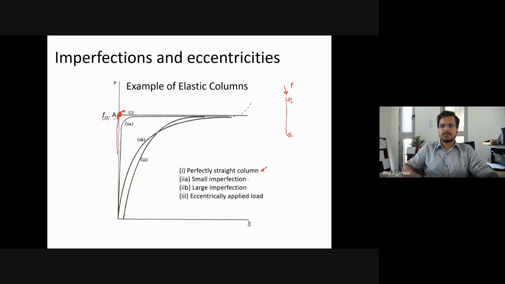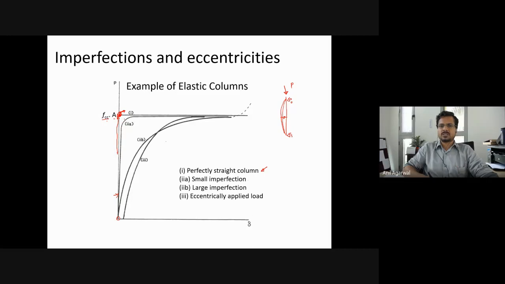But if the column has some imperfection, then as soon as we start applying any axial load, let's say the column was slightly imperfect. Okay, I'm exaggerating, of course. As soon as the P load becomes non-zero, so this is 0 P, but as soon as P becomes non-zero, we will start seeing an increase in this deflection. If we don't count the original imperfection as deflection, and only count the additional deflection, we will start getting some deflection.